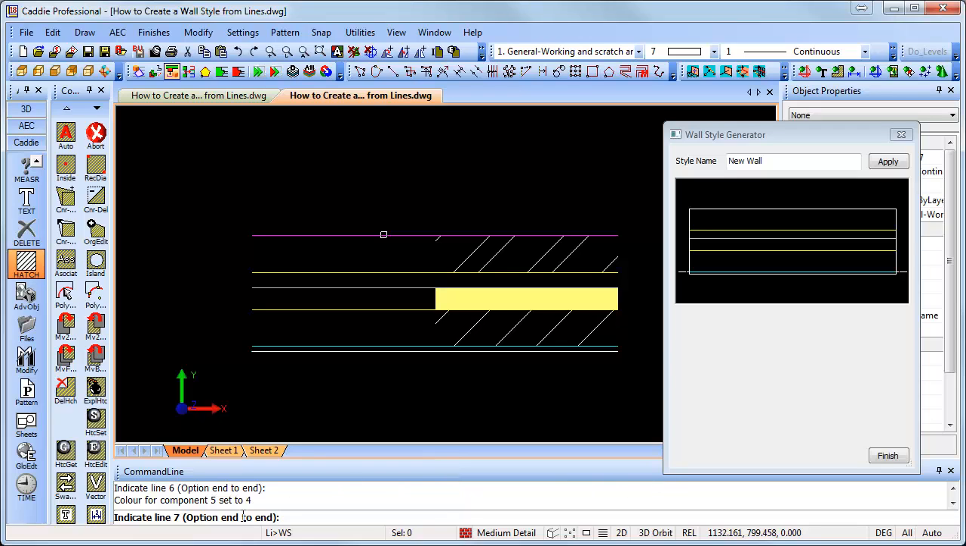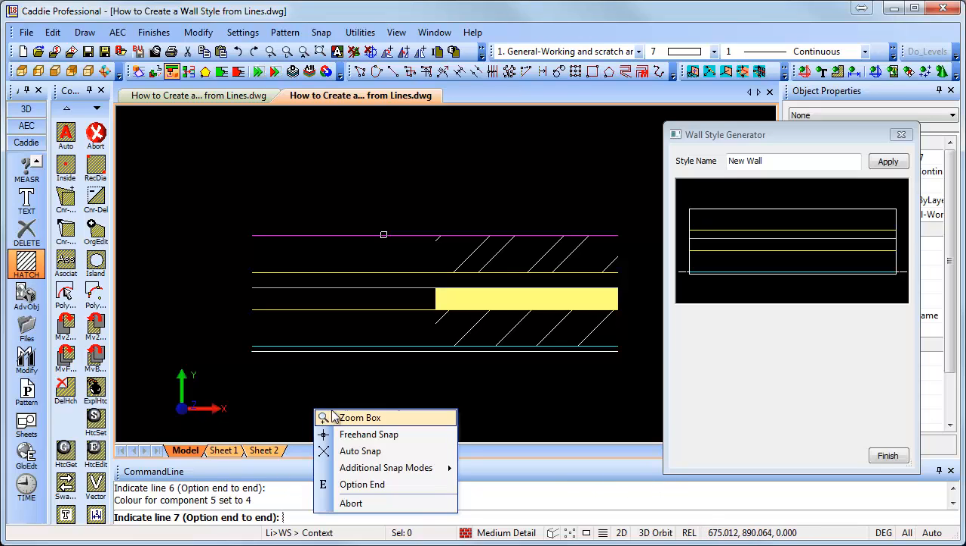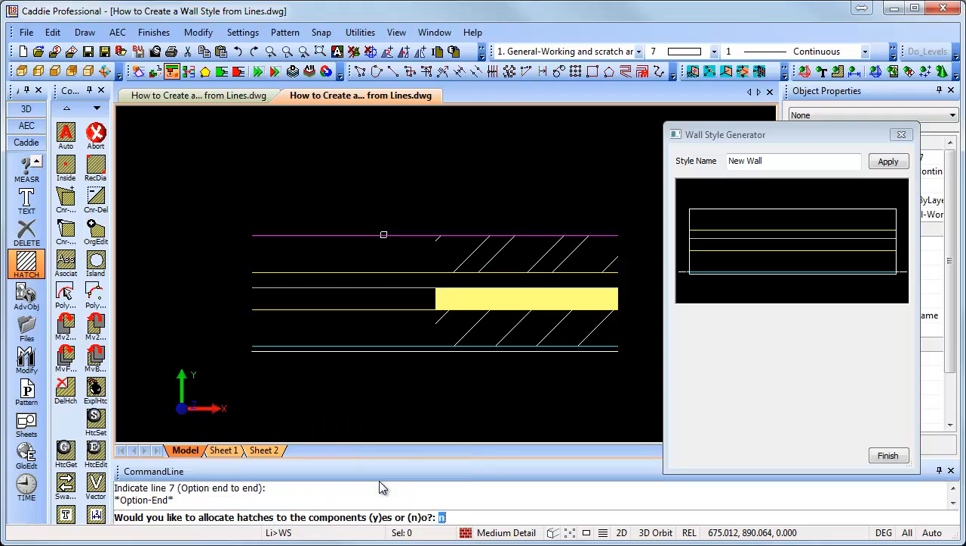We don't want to finish just yet, not the whole command at least, because we want to add some hatches. So we do a right click option end. It says, would you like to allocate the hatches? Well, yes we would. So we type yes, Y and enter. We don't want anything for our component 0 here, and we'll see it highlighted in pink. So we'll just enter on that,